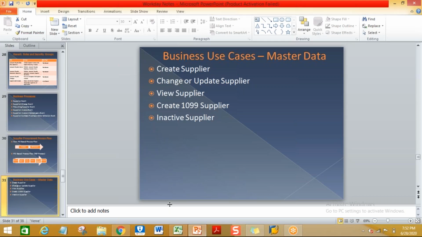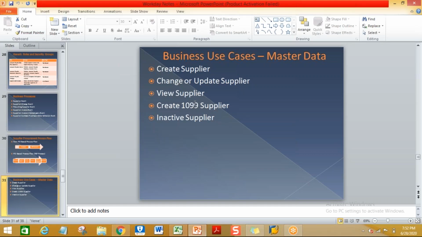If you don't want to continue some existing suppliers, are you able to inactivate the suppliers or not? All those things you have to test as part of testing the functionality. So I have given the possible business use cases: create suppliers, change or update suppliers, view suppliers, create the 1099 supplier.